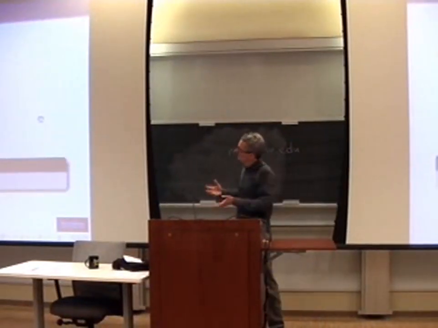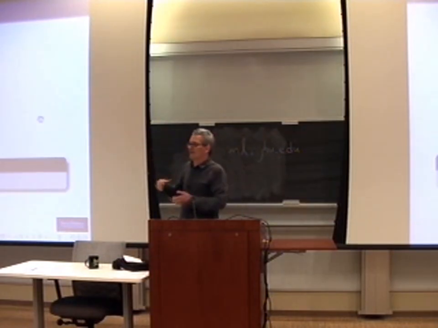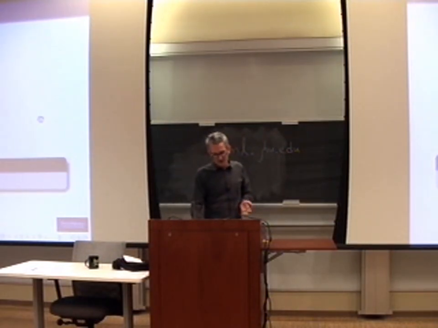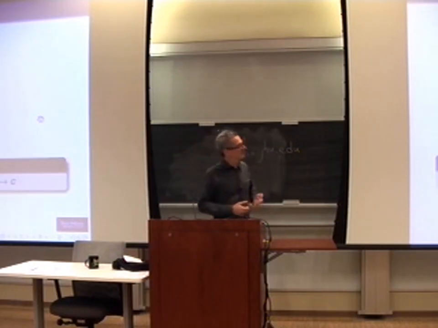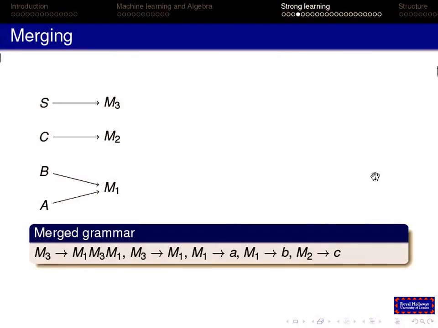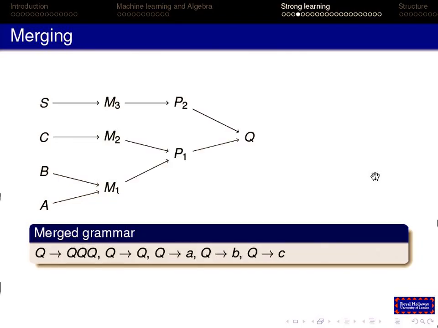In particular, we might have a grammar like this where we just have these 4 non-terminals, and we apply some morphism that merges A and B, and this is going to give us a merged grammar like this, which is going to generate a larger set. And we can carry on merging it down until we end up with a grammar with just one non-terminal which generates all odd length strings. So here what we're doing is we're reducing the grammar. If we reduce it too far, it's going to generate too much.